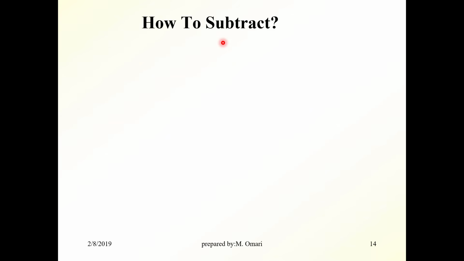Now let's build a subtractor. How do we subtract? We subtract two numbers, X and Y. X minus Y is the same as X plus minus Y. Notice that I say plus because we want to add and subtract here. It's not an or, it's a plus. Okay, minus Y in digital systems is represented as the 2's complement of Y, which is Y bar plus 1. So if we add X to the 2's complement of Y, we get X minus Y.